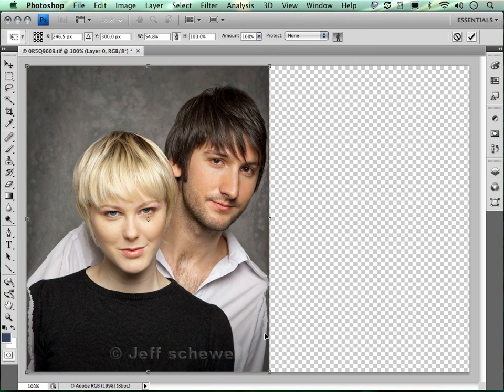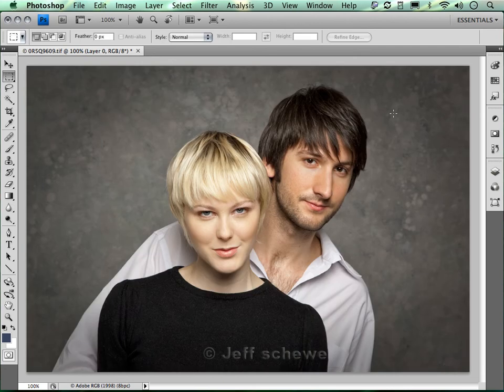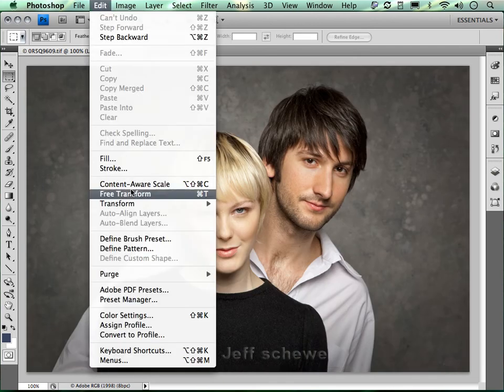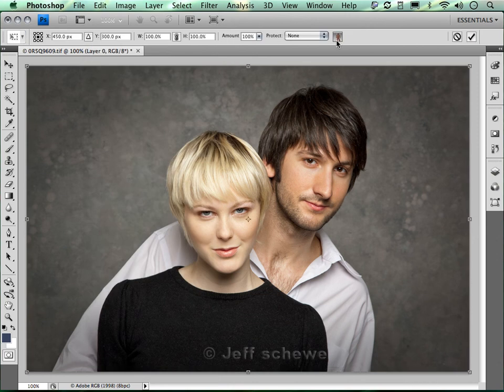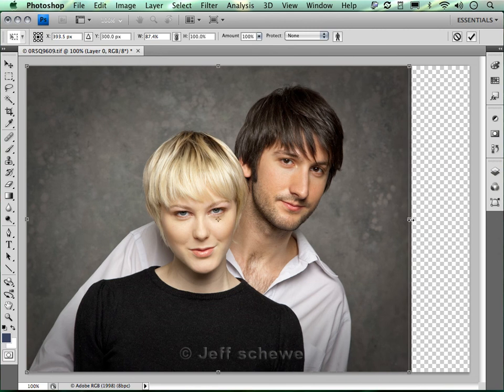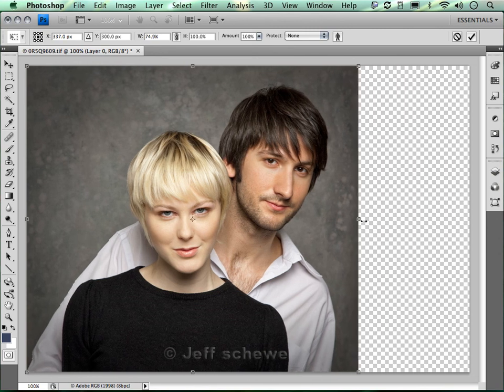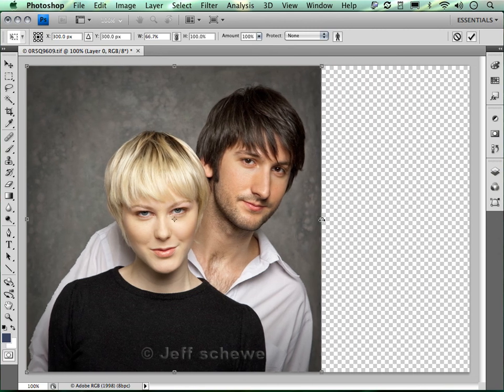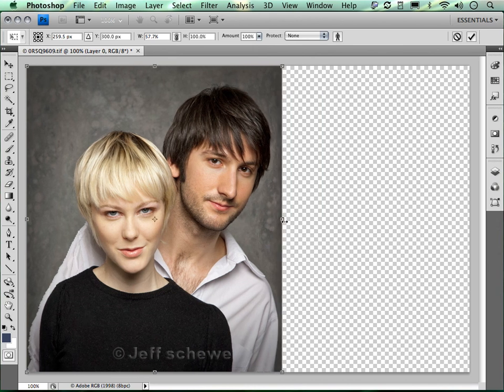If I press the escape key to get out of there, let's have a look at doing the content aware scaling again. But this time I'll switch that option off. As I drag on the handle, you'll see that actually it doesn't seem to make a huge amount of difference because again the faces remain pretty recognizable and uncompressed, but as soon as I get to that point you'll start seeing how the compression is affecting the left hand side of the young model's face,